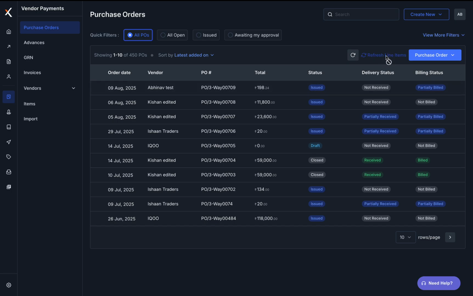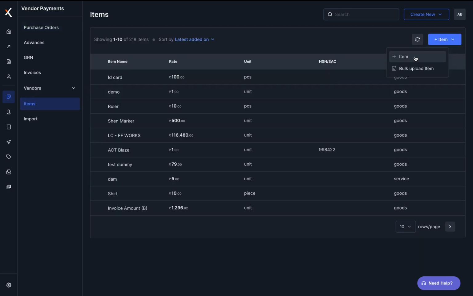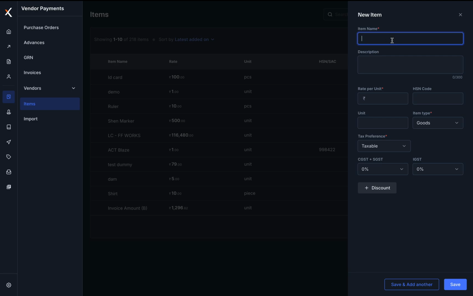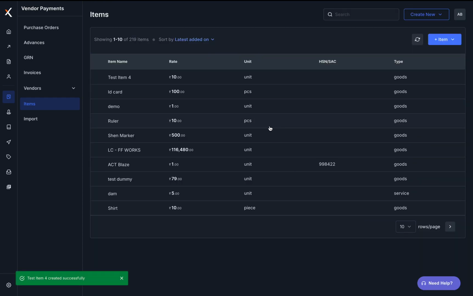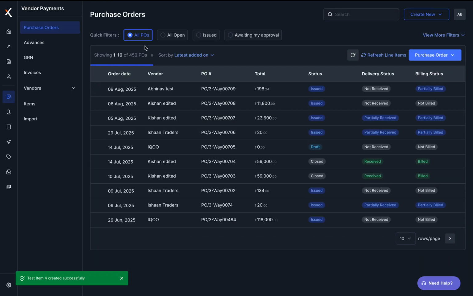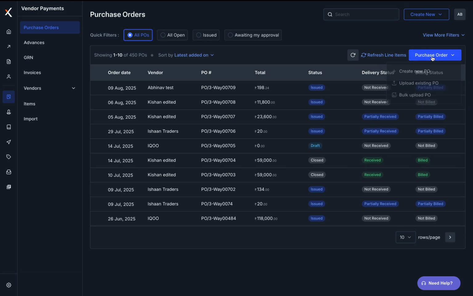This is new. Let's see if I add a new item, it shows up. I will add a new item. Test item 4. Rate per unit is 10. Item type is goods. Taxable. CGST 12. IGST 18. Discount of 20. Save that. That's test item 4. So if I create another purchase order, and if I refresh the line items, this I